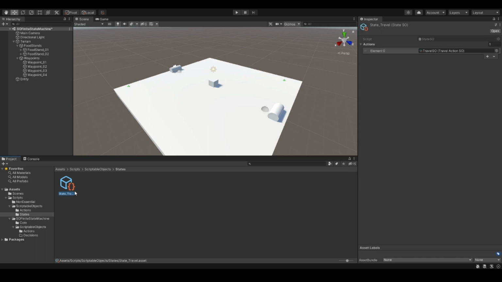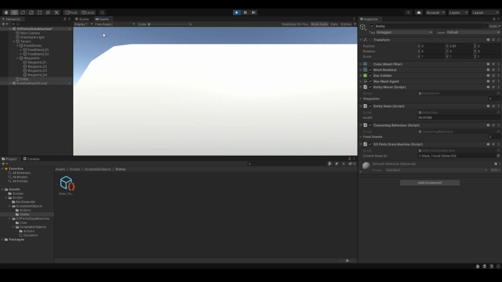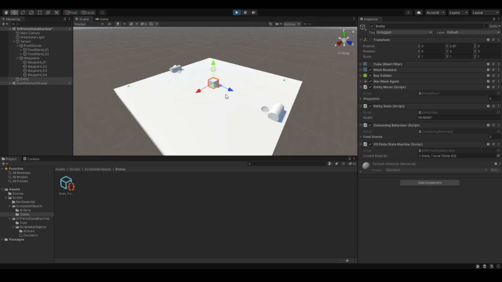So you can say, hey, in case of having low health or losing enough boxes, go and heal or get some boxes. But we will do that after this step since we want to keep it a bit clean and simple for understanding. So let's go on top of our entity now, open the selection right over here and put the state travel inside. Now we press play and our entity should be able to move, which is not true